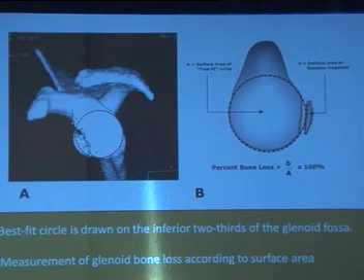Understanding very well there are two or three different methods which we use to quantify a bone loss. One method is the surface area method, where we try to draw a best-fit circle in the inferior two-thirds of the glenoid fossa and see how much is the bone fragment or bone loss in such patients, and try to develop a ratio and percentage. In a chronic case the bone loss would be too much and you would hardly find a bone fragment here, so this would be an inaccurate method of quantifying by surface area.